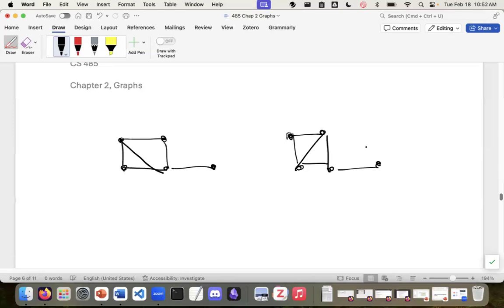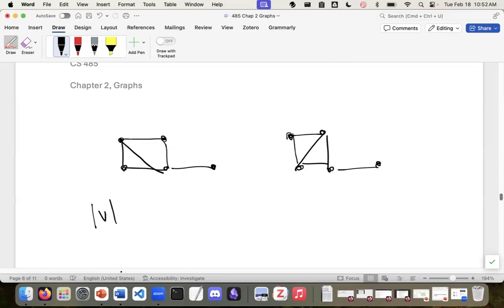Consider these 2 graphs. Do they have the same number of vertices? Yeah, right, there's 5. Do they have the same number of edges? Yeah, there's 1, 2, 3, 4, 5, 6. 1, 2, 3, 4, 5, 6. So